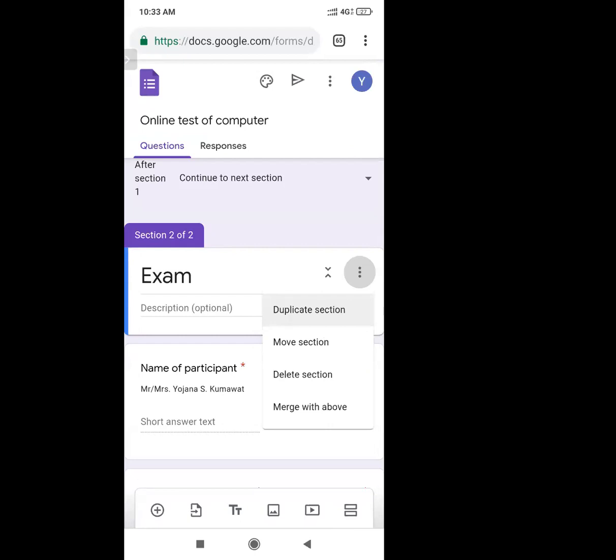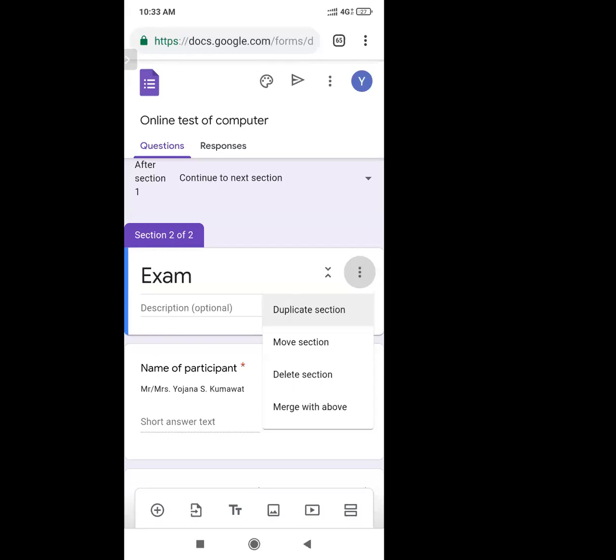Suppose we have added some questions in that whole section, and if I want to copy the same section as a third section, at that time I will click on this and I can create a duplicate section from here. I can move this section to the upper side or to the lower side. Suppose I have created a fourth section and I want the third section as my first section. I will move it from here, from this second option, move section.